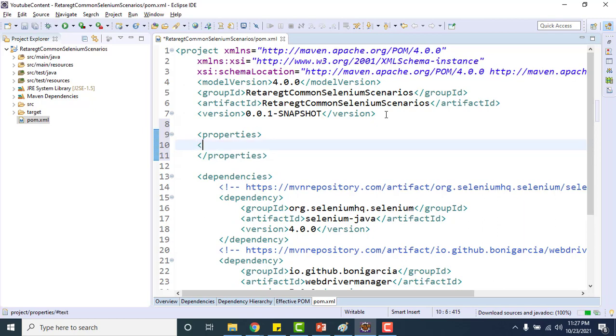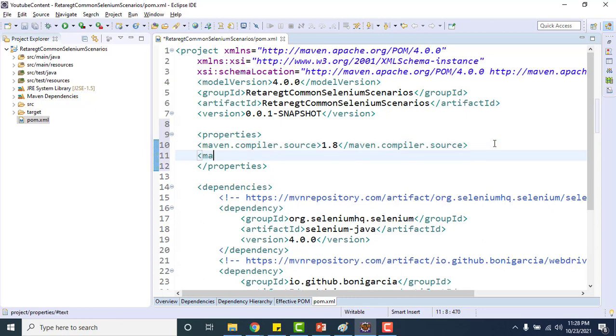So we have properties called maven.compiler.source, where we can put 1.8, and another property, maven.compiler.target, which will again be 1.8.